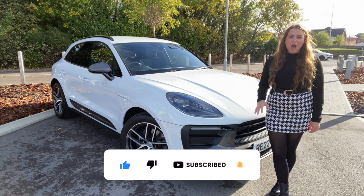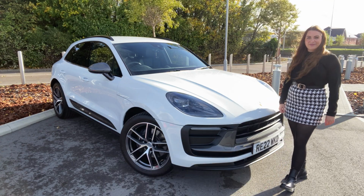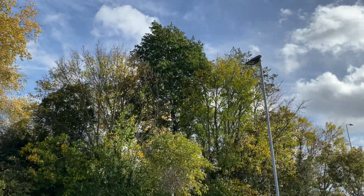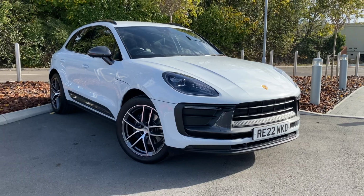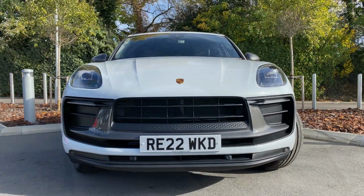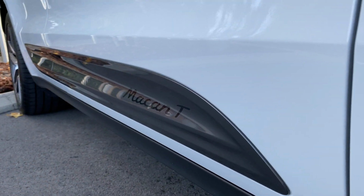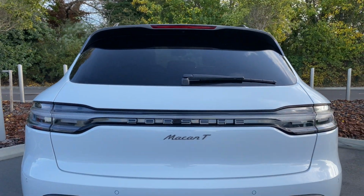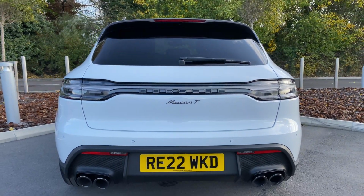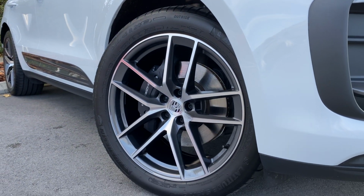Okay, so what else is new with the Macan T? The Macan T stands apart from the rest of the range with subtle cosmetic details. The grille, door mirrors and side blades, rear spoiler and badging are all finished in agate grey metallic paint. The T also has black quad exhausts and dark titanium 20-inch alloy wheels, which would be a